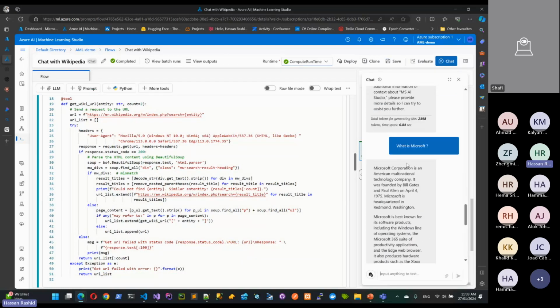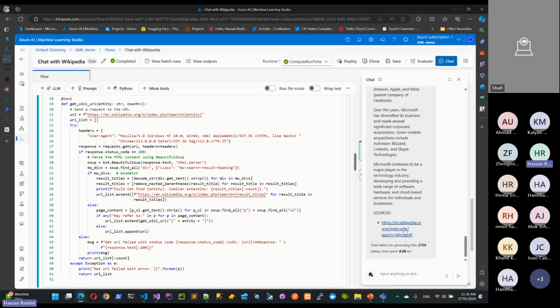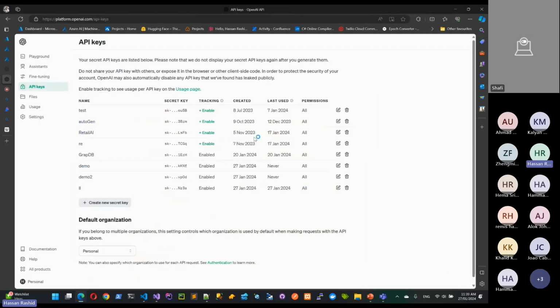All right, and here we have our reply. Microsoft is a corporation, and this is the URL. And the good thing here is it gives you the number of tokens that have been used and the time it's spent. Now, if I go to my OpenAI and refresh my keys,